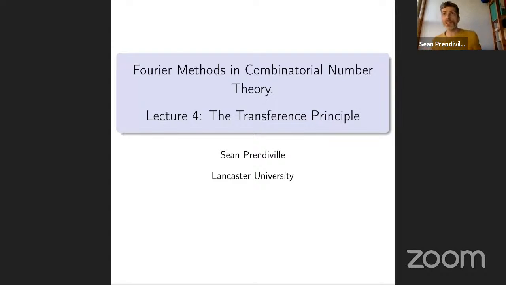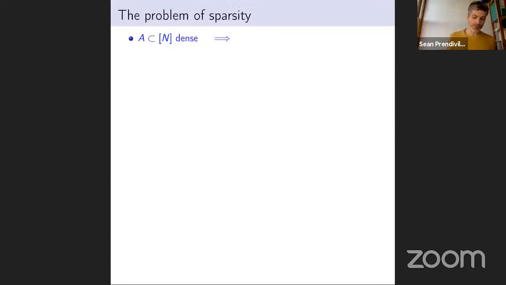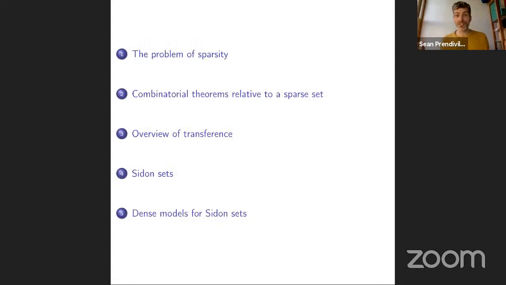Okay, so today we're talking about the transference principle. So what is the transference principle there for? It's to deal with a problem of sparsity. So far, we've been interested in solving equations, linear equations, in dense sets of integers. And we've managed to do that in a few examples. But the thing is, all of those sets are dense. We solved equations in dense sets of integers, and these were translation invariant equations. What do you do with sparse sets? So we'll see there's a limit to how sparse you can take a set before you can start proving results about,